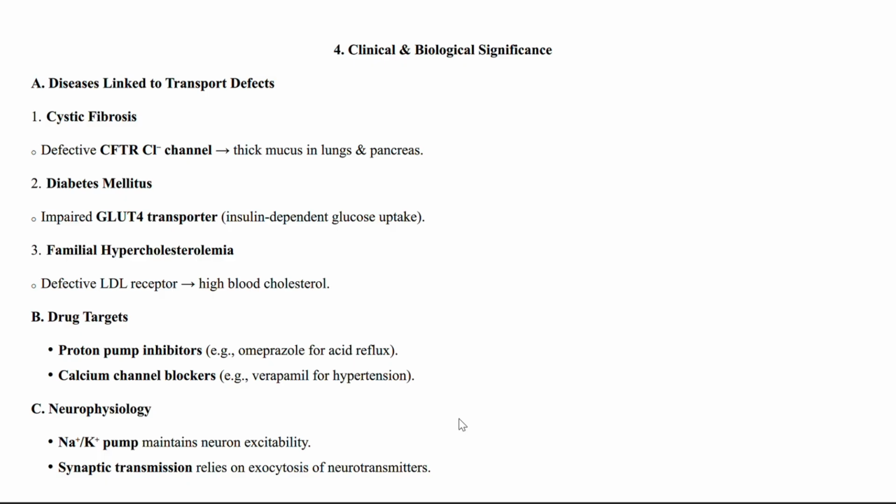Another example comes from a condition that affects millions globally. Diabetes mellitus. In healthy individuals, insulin stimulates the movement of glucose into cells by activating specialized glucose transporters like GLUT4. But in diabetes, particularly type 2, this insulin mediated transport is impaired. Either the body does not produce enough insulin or the cells become resistant to it. As a result, glucose remains trapped in the bloodstream, leading to persistent hyperglycemia and a wide range of complications involving the eyes, kidneys, nerves, and